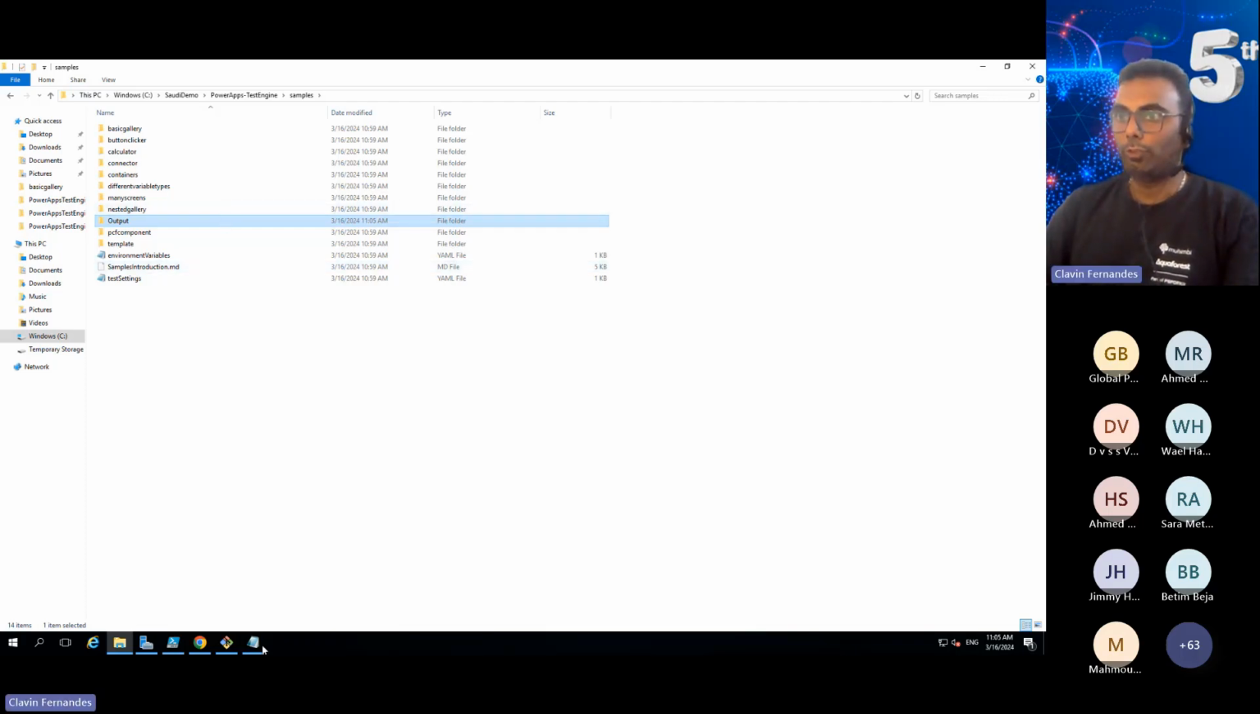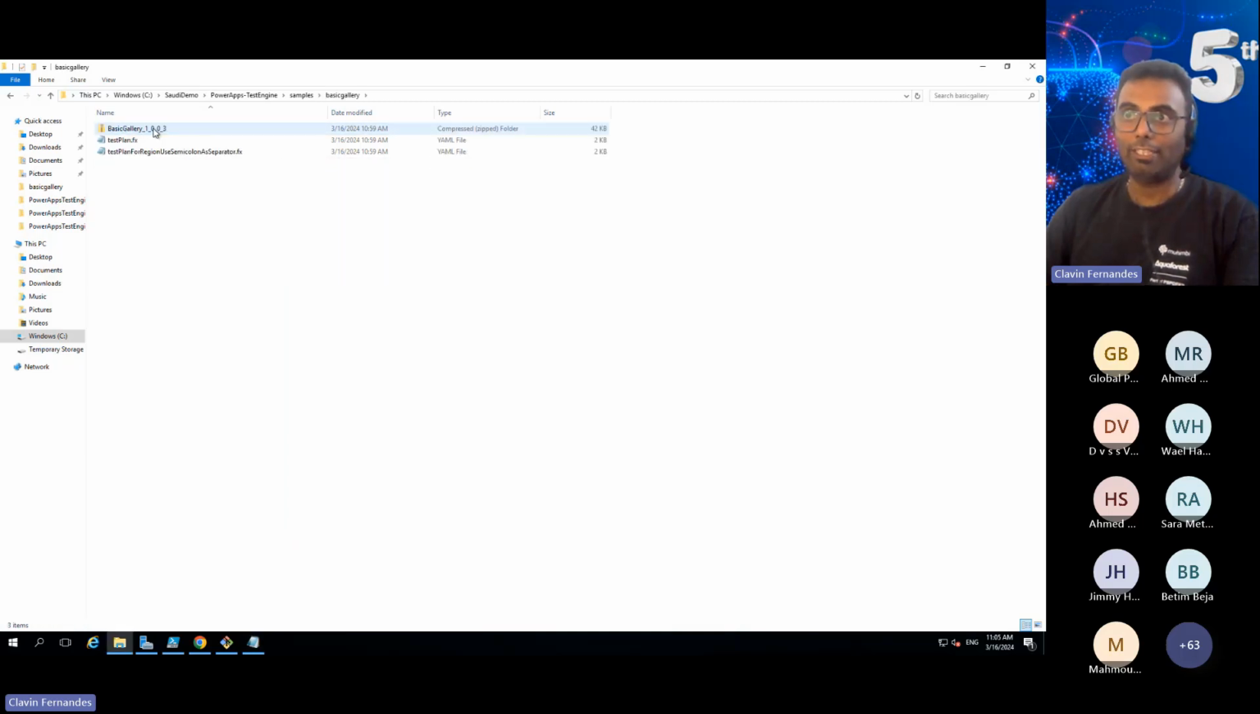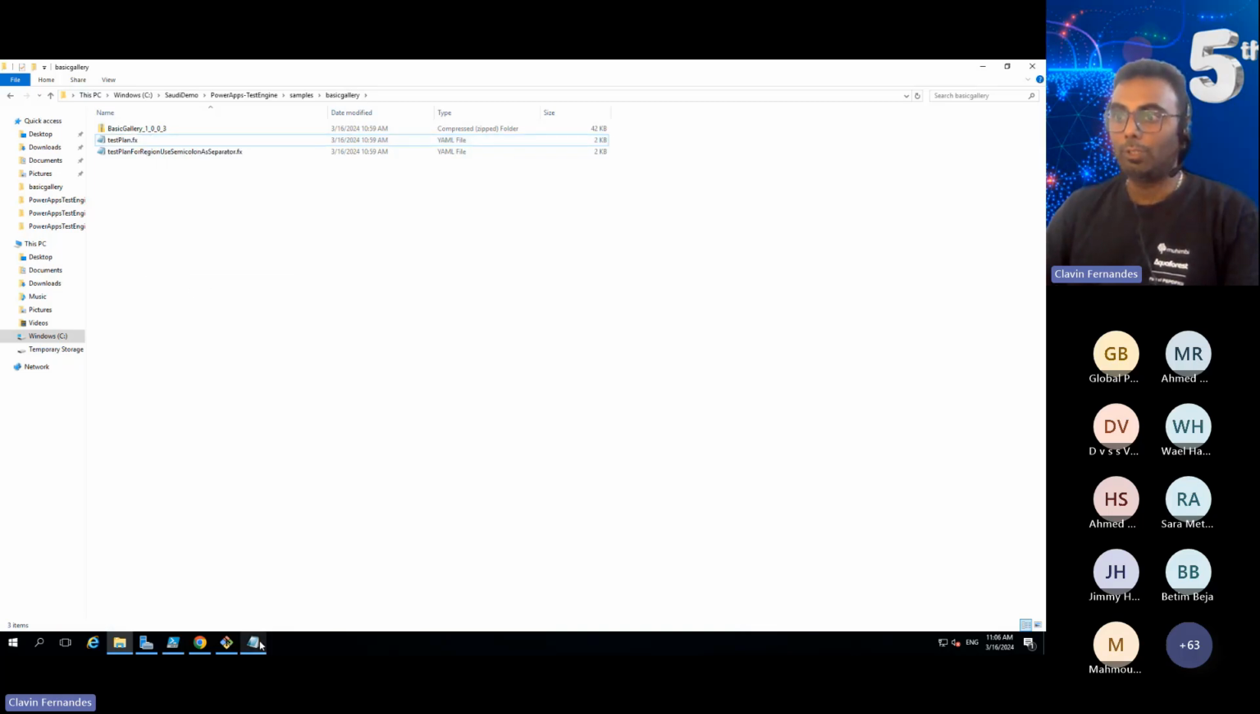Right? So this is the output folder that it's going to write it to. It needs a test plan. Do I have a test plan? Yes, but the naming convention is different. So I'm going to rename this, copy, going to go back